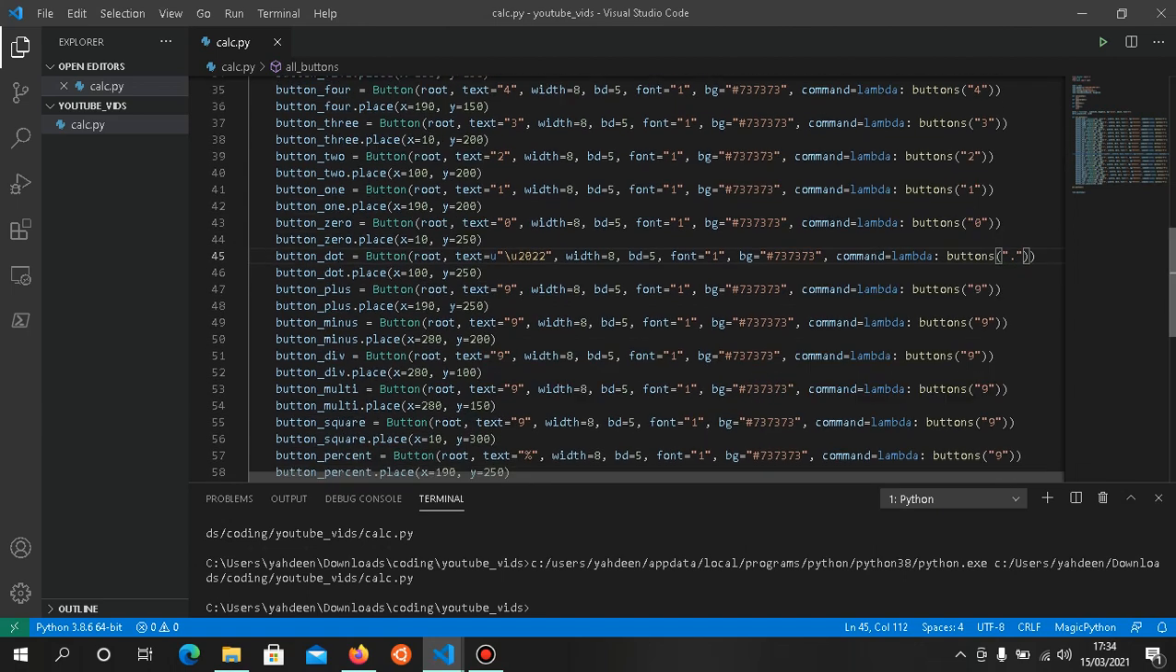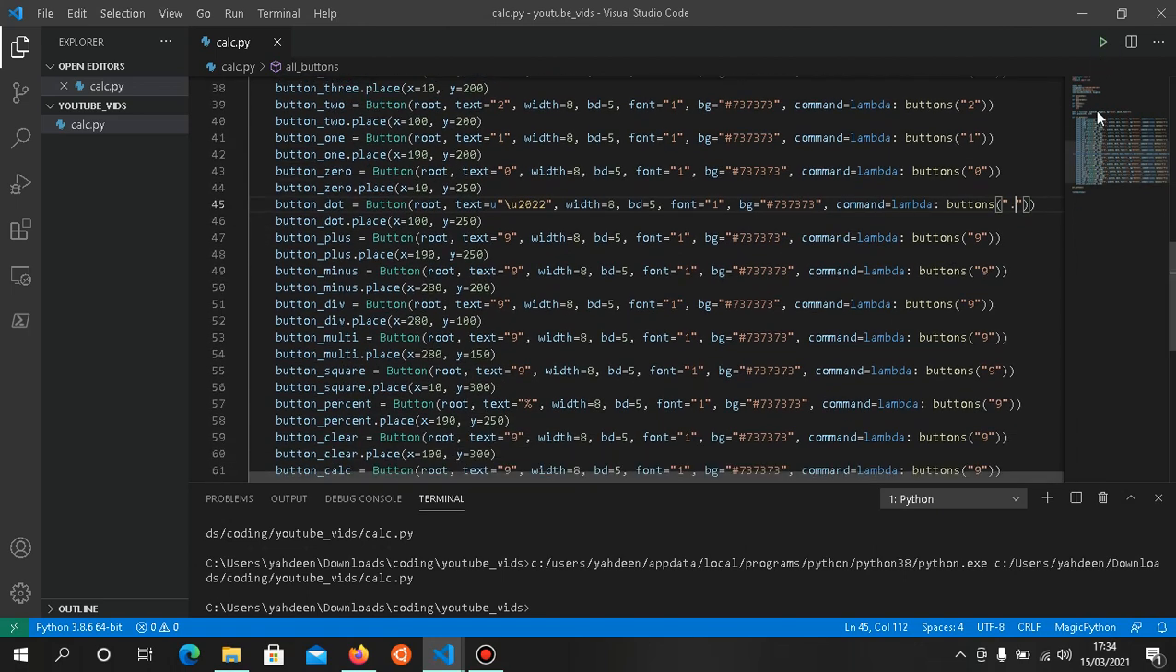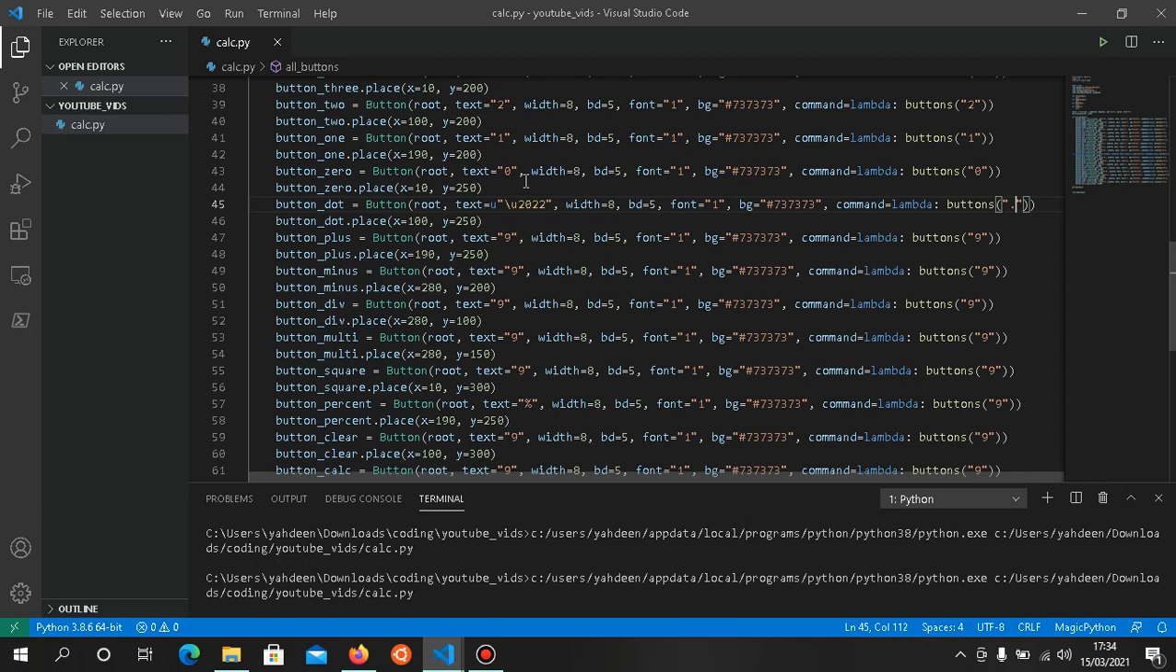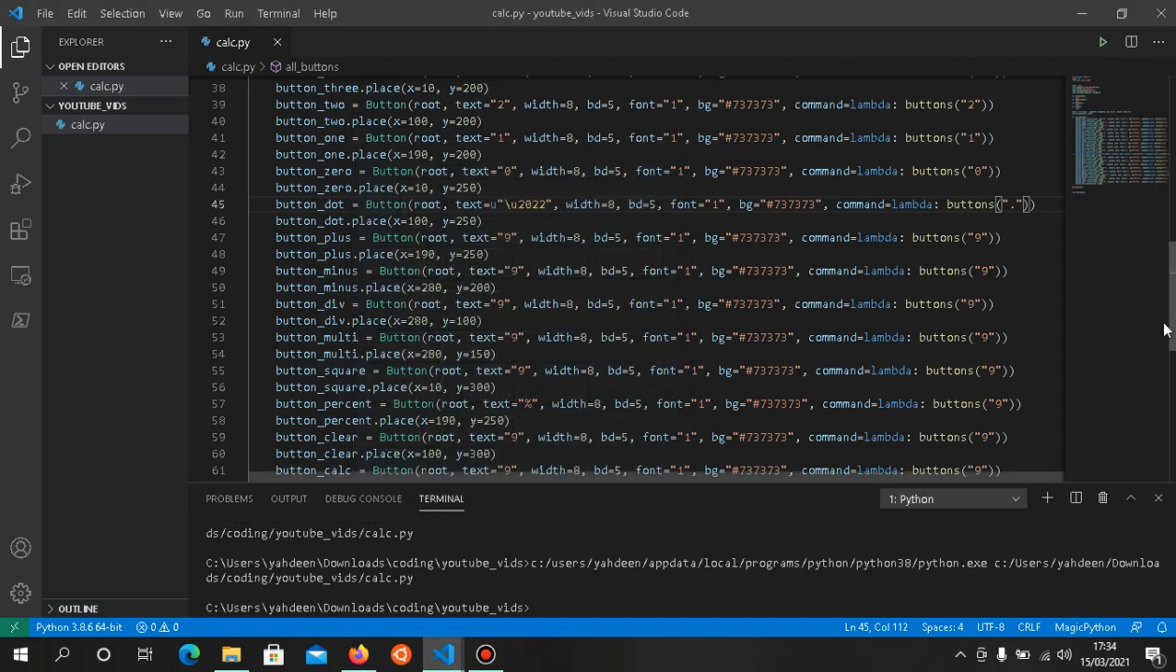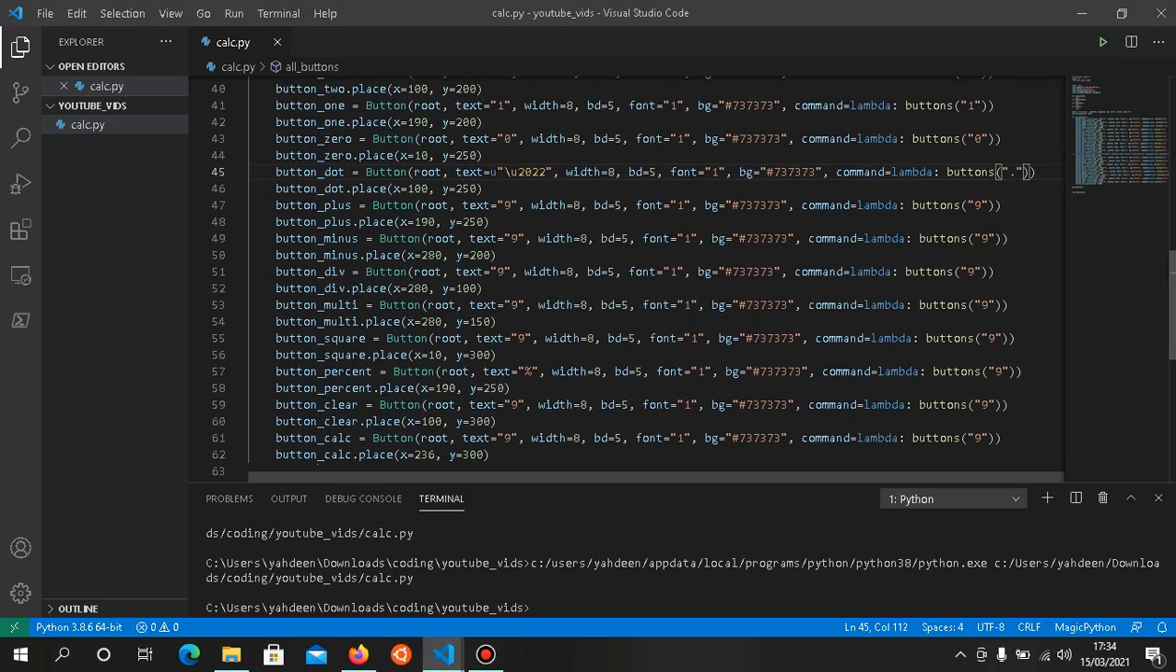That will just leave it as dot. So guys, as you can see, our window is changing. As you can see, everything is coming along well. So where we are on plus, right here, plus, minus,